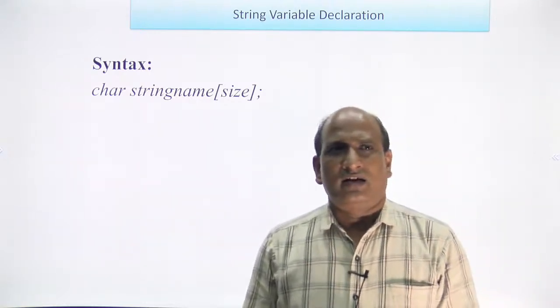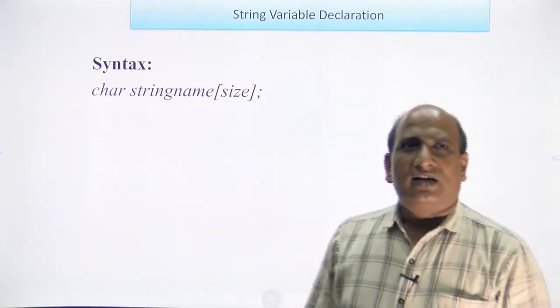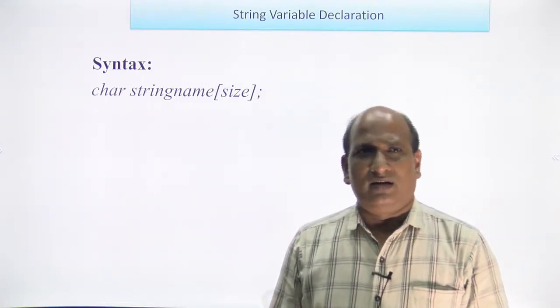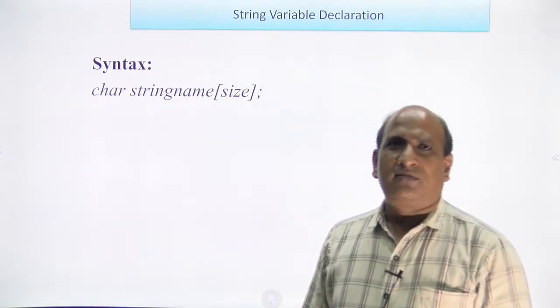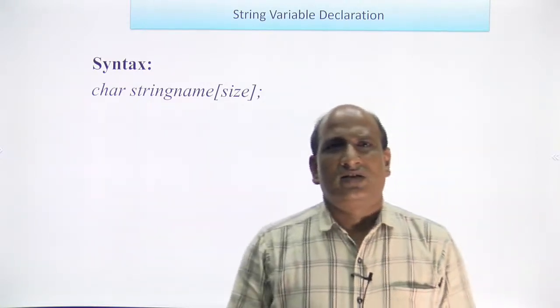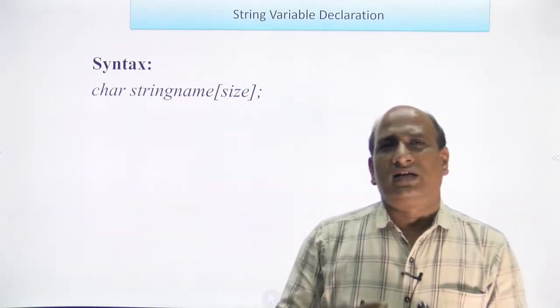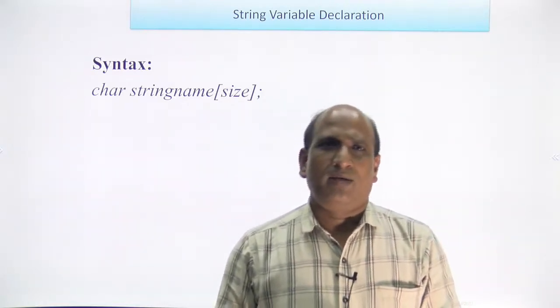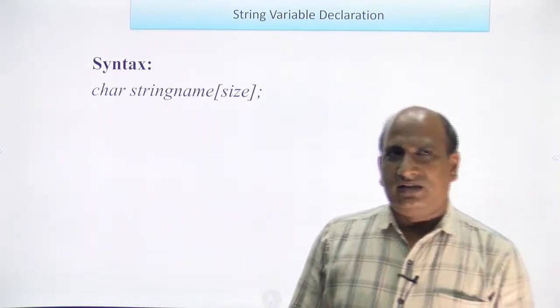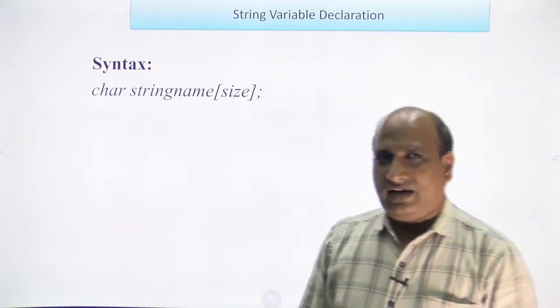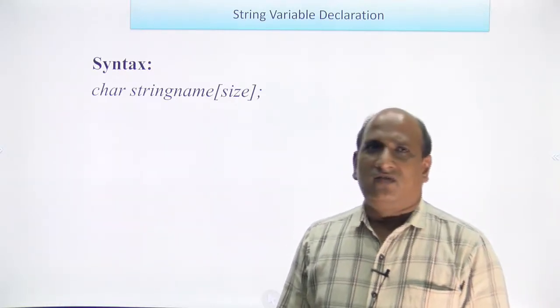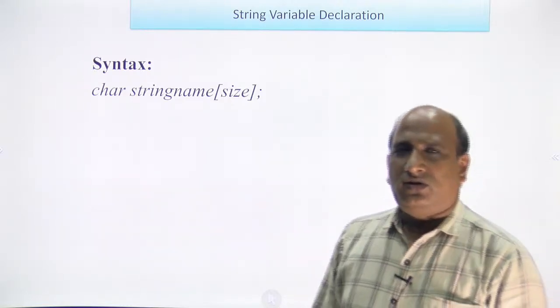So here I have declared a character type array named string name, and in the square bracket subscript we mention the size, the number of characters that you have to enter in that string. So firstly we need to declare an array of character type whenever we want to use a string